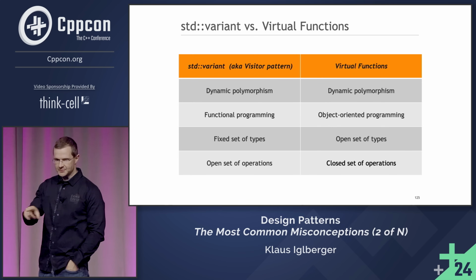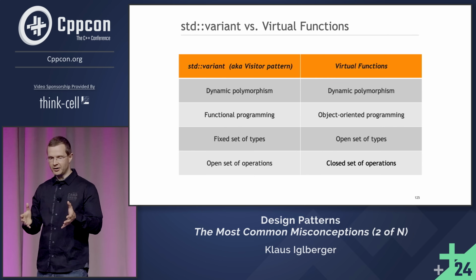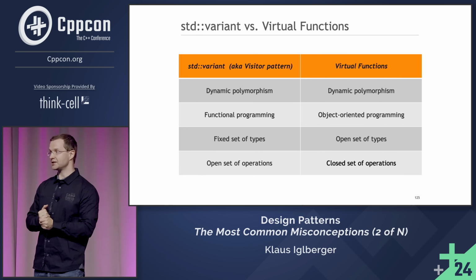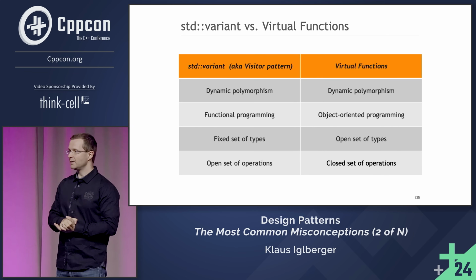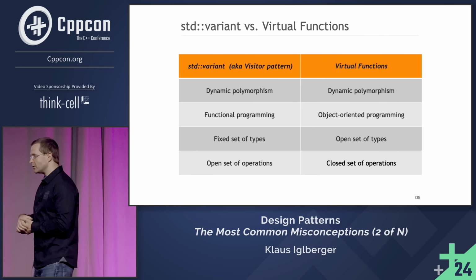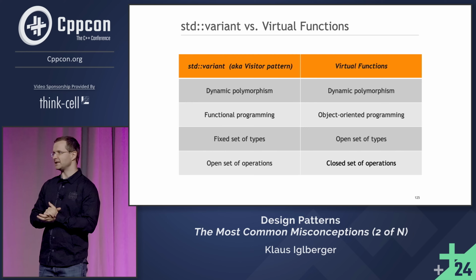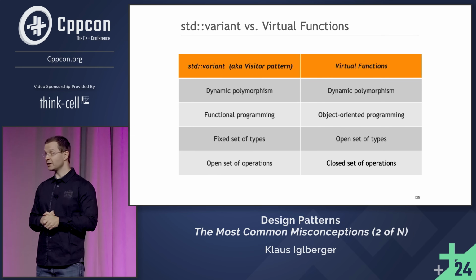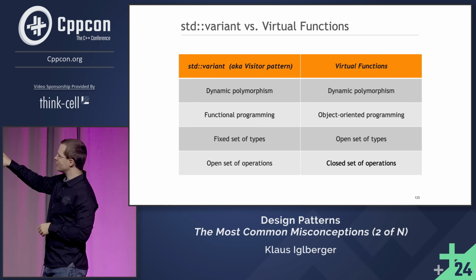If you are in dynamic polymorphism, so if you stick to dynamic, there is no third column where you can combine both of these easily, where you can add types and operations easily. From my point of view, this doesn't exist, or only with horrendous costs. If this is interesting to you, take a look at the so-called acyclic visitor design pattern. What was it? The acyclic visitor design pattern. Okay. So Google for this, you'll find something. This is a solution where you can actually do both. It's not perfect, but it kind of works, but at horrendous costs. Yeah, you definitely do need some dynamic cast, and from performance perspective, this is definitely a factor of 10, if not even more. And so I would say for dynamic polymorphism, you have to choose.